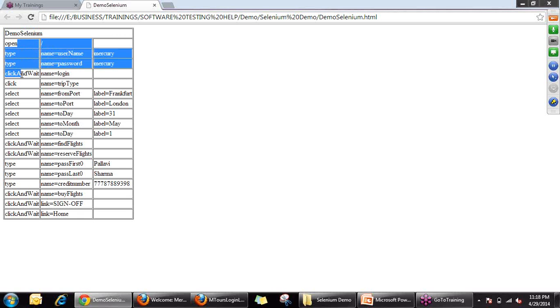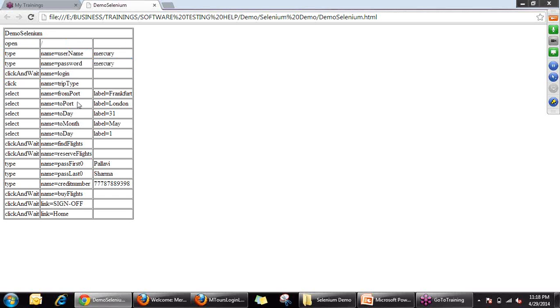In your first column, you have all the commands. The second column is basically the locator, which is effectively the object identification property, so that the object on which the action is to be performed is uniquely found, and these are the values which are provided to these objects.